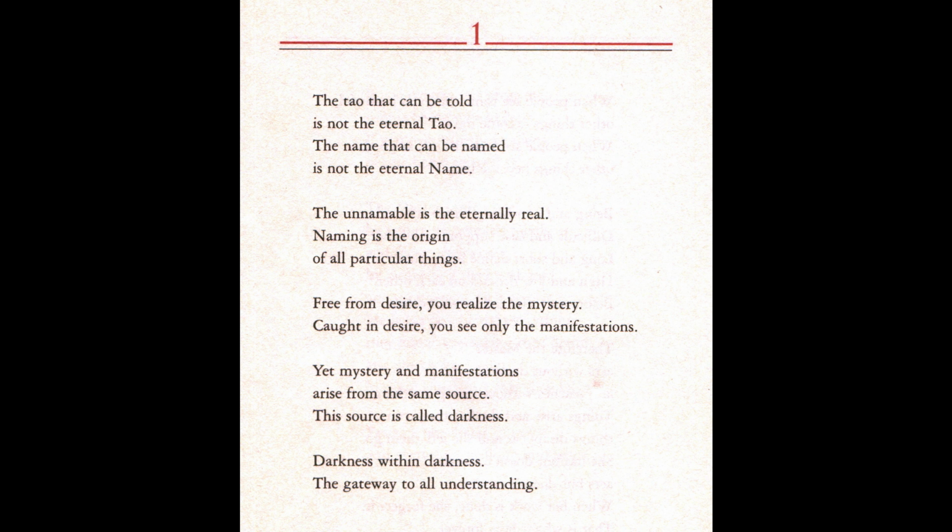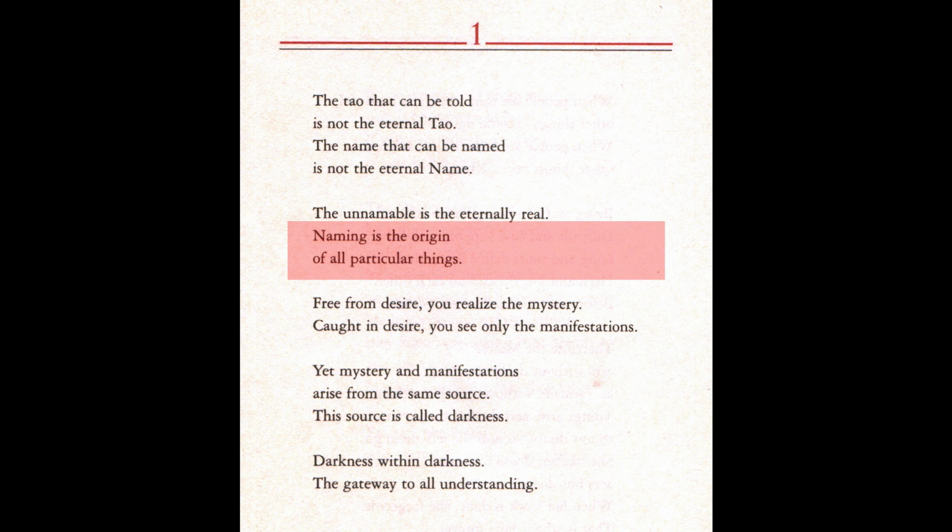Naming is the origin of all particular things. Now, right up above, what they have is the Tao that can be told is not the eternal Tao. This is their version. If we interpreted it through, again, I'm not going to do that here, but this is their version of you come from nothing. This is a creation story without the need to make it sound like you were created by a god. This is just telling you that you come from the cosmos. There is nothing in it, and that nothingness is what you really want. That's the eternally real. Naming is the origin of all particular things is what I want to draw your attention to, because that is us right there. That is us deciding at some point in time, ooh, I like that, I don't like that.